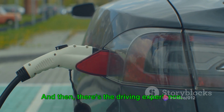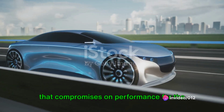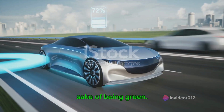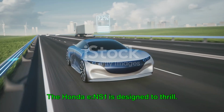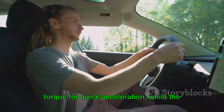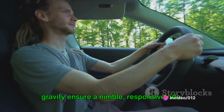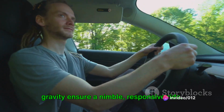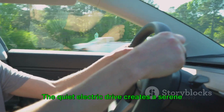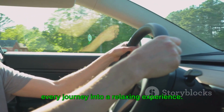And then, there's the driving experience. This isn't your typical electric vehicle that compromises on performance for the sake of being green. The Honda e:NS1 is designed to thrill. Its electric motor delivers instant torque for quick acceleration, while the ultra-compact design and low center of gravity ensure a nimble, responsive ride. The quiet electric drive creates a serene ambiance inside the cabin, transforming every journey into a relaxing